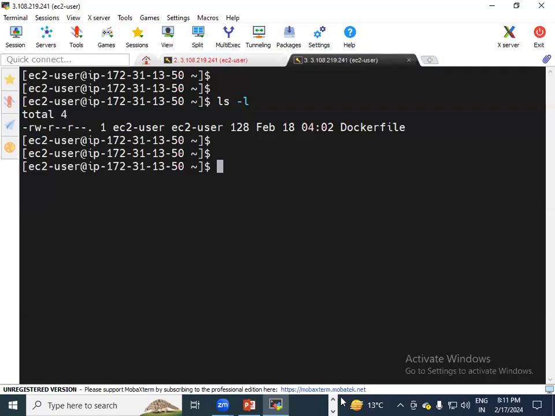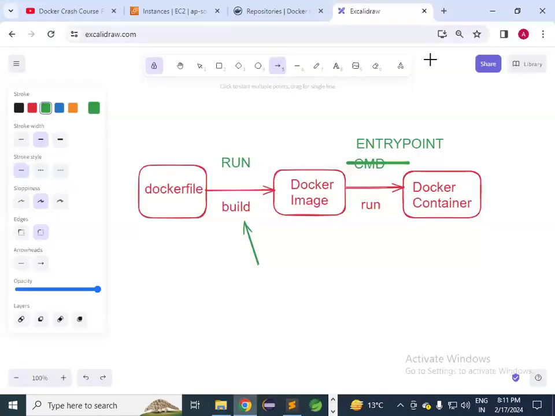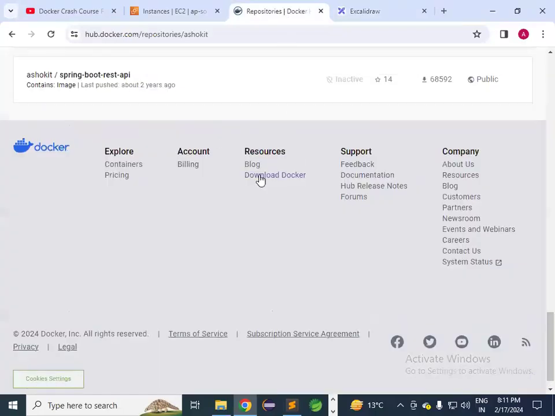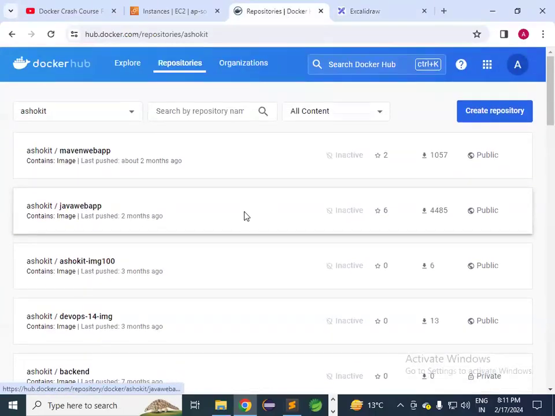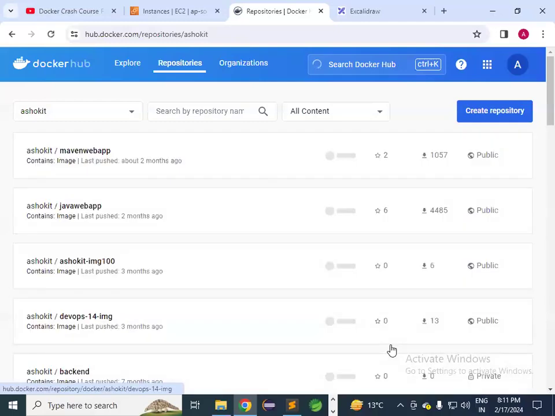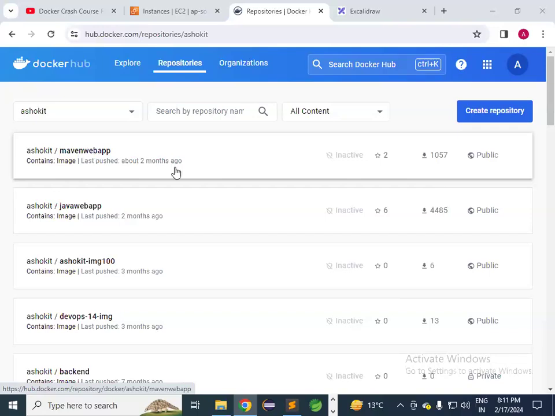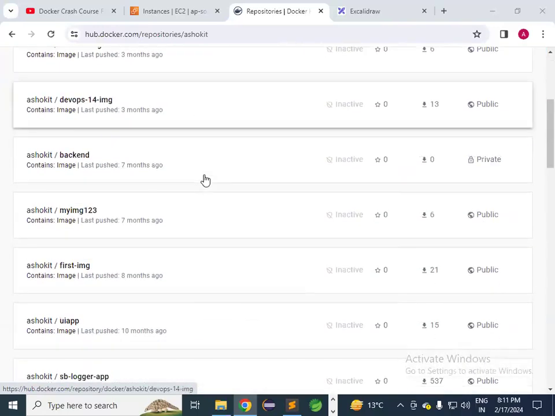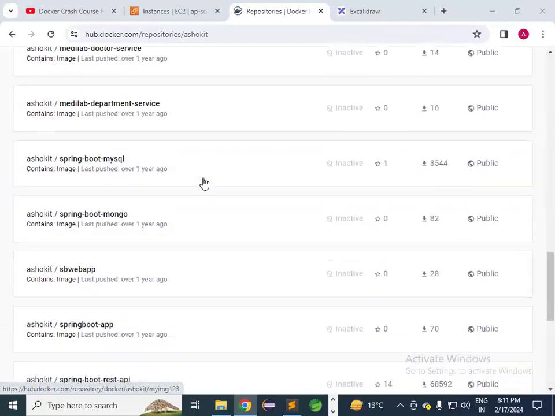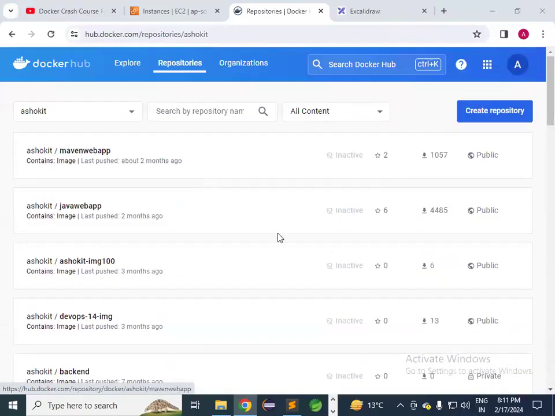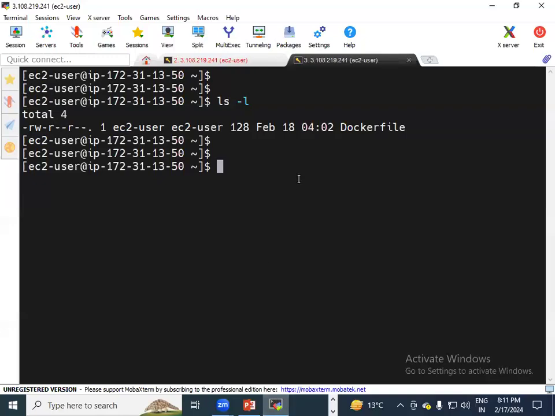Able to follow this? Yeah. Before that, let us check it. What are the images available in my Docker Hub? What is my last image? I pushed my last image 2 months ago, which is a Maven web application. Okay. Now I want to create one new image and I want to push that image into my Docker Hub